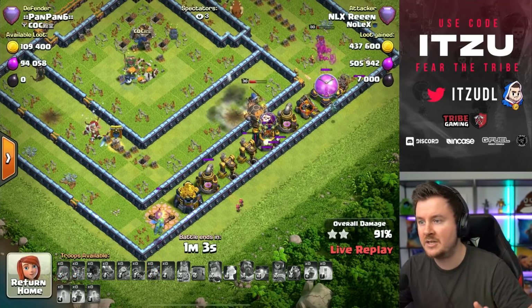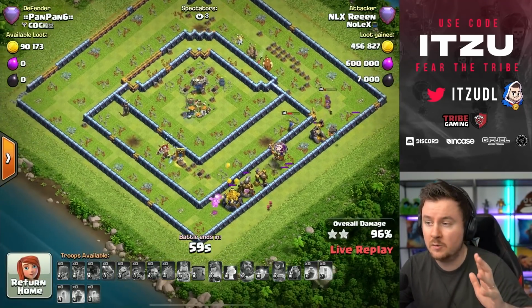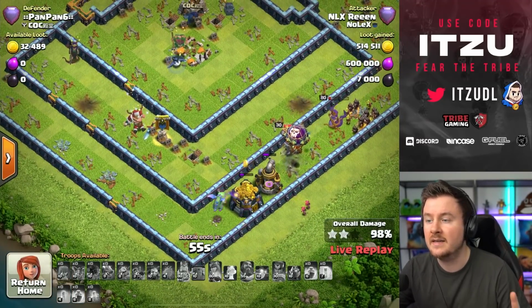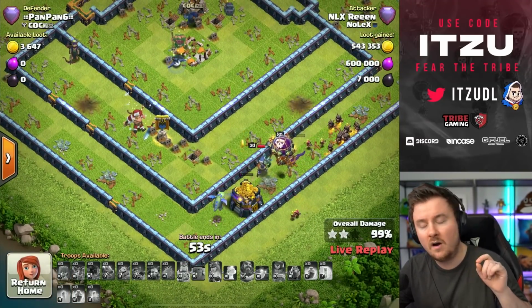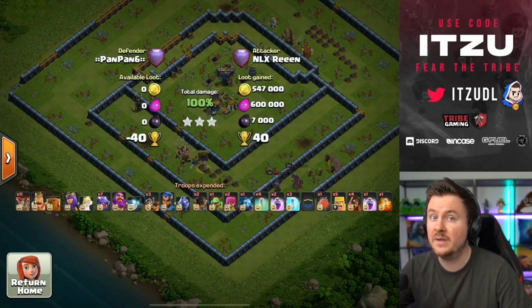Never just send them in there with the dragons like YOLO. You have normal Loons for that, so don't use them for that. Instead, he's saving them for the back end and is clutching this attack. That was an awesome use case of those Rocket Loons, saving the 3-star and making sure that he's still going